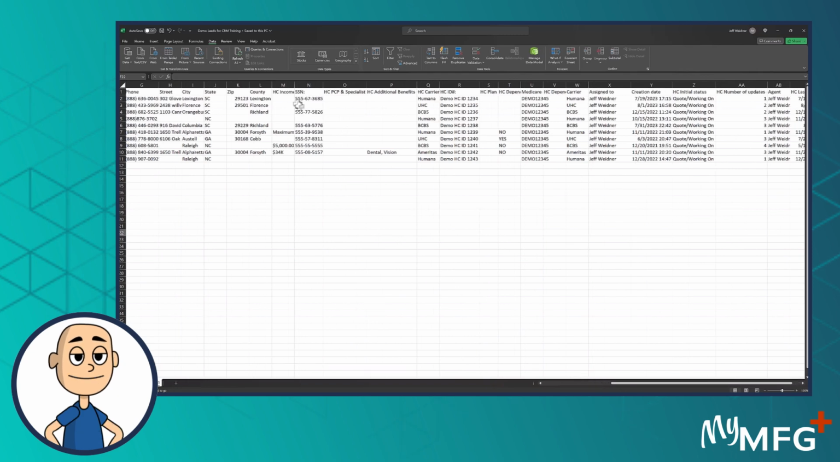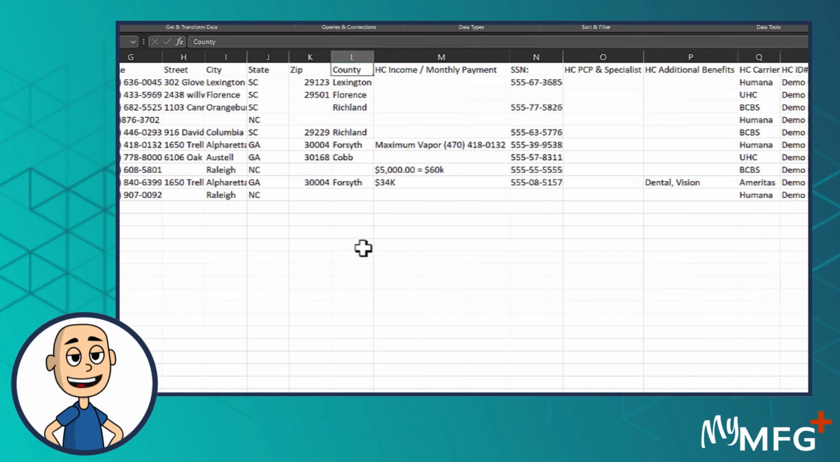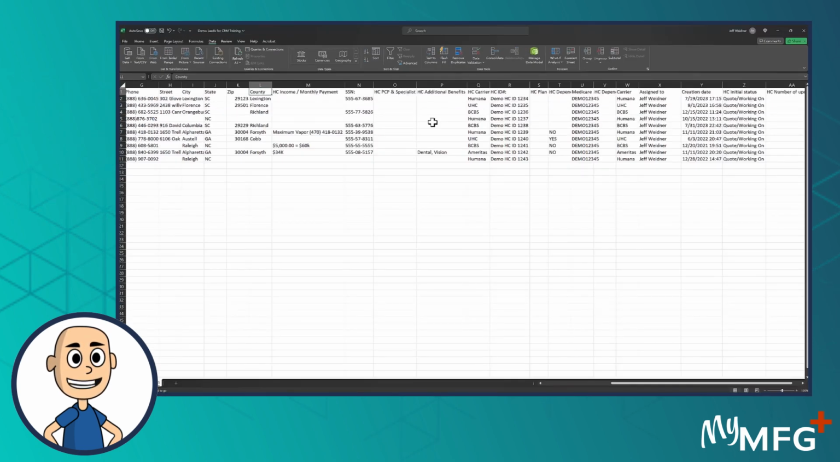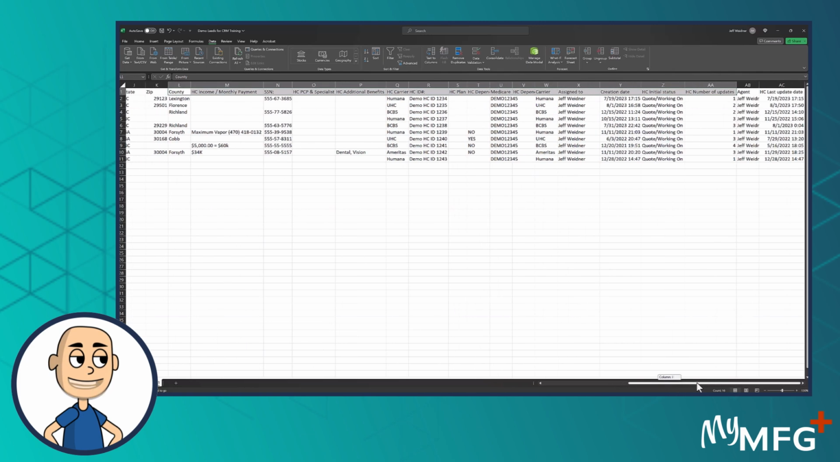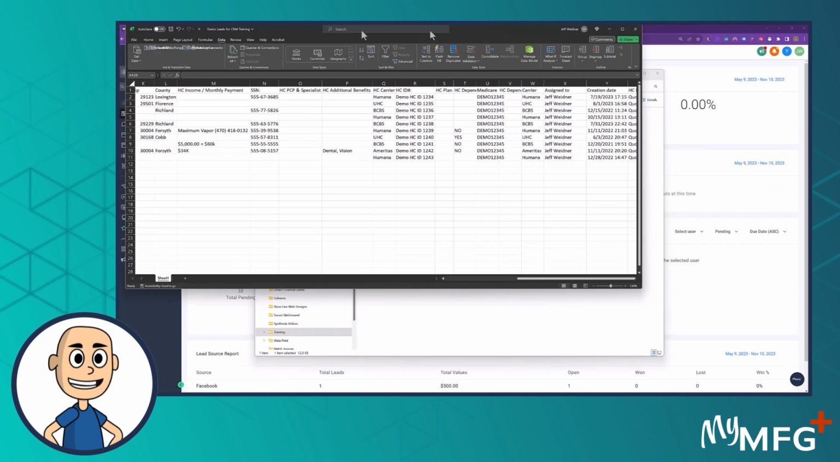We also have some other custom fields, and these are not standard fields in the database. So the county, the healthcare income and payment, the social security number, things like that. So what we would probably want to do is create these as custom fields in the database before we import the list. This way, any data that we have in here has somewhere to go. It's got a home to go to, right? So I'm going to move this out of the way,